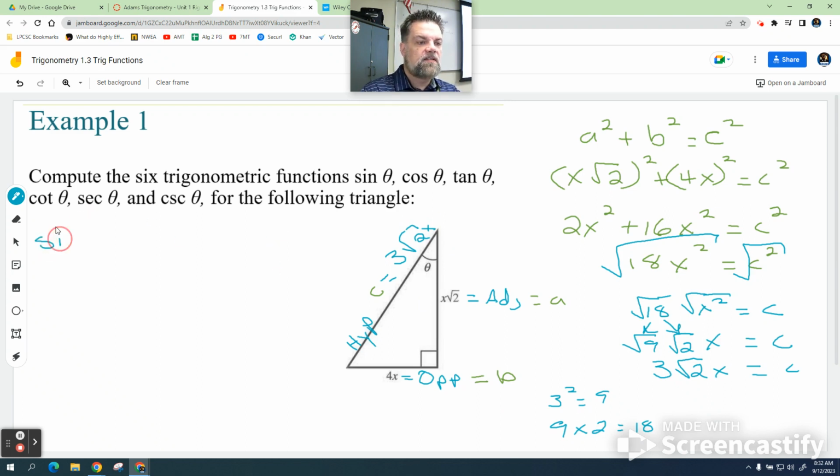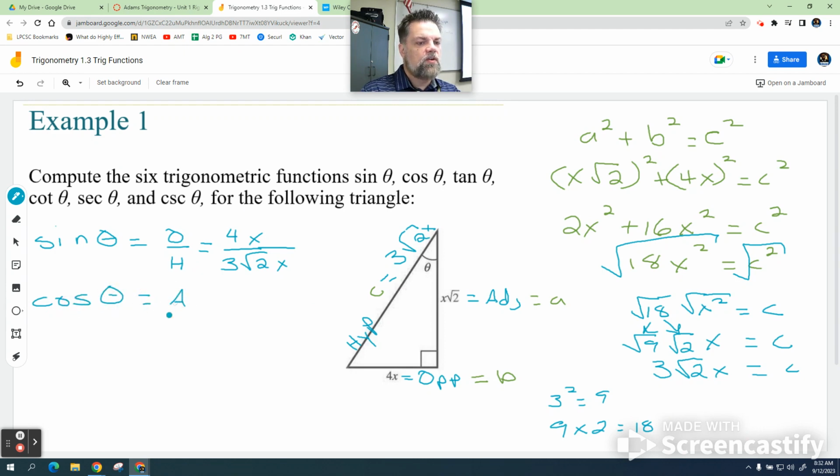Well, sine of theta is equal to the opposite over the hypotenuse. So the opposite is just 4x all over the hypotenuse, which is 3 square root 2 x. For argument's sake, we would rationalize the denominator, which means we have to multiply both the top and bottom by the square root of 2. But for today, I'm just going to skip that, just so you guys can get the hang of plugging in the numbers. So then cosine of theta